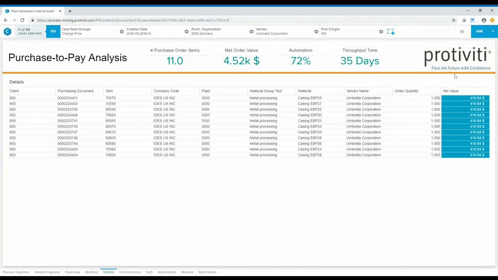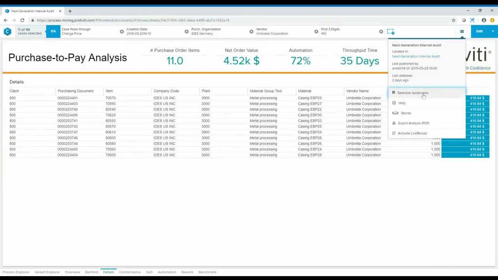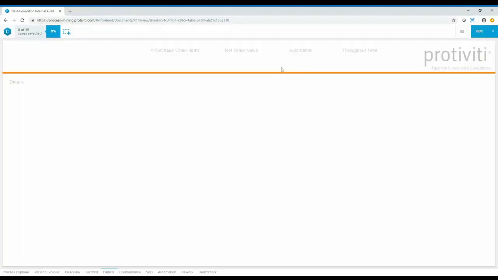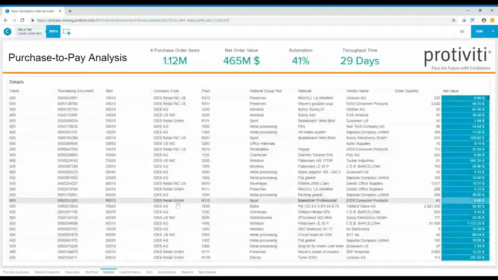capture this for future reference. So instead of having to do the multiple click-throughs, even as easy as it was, you can go back and click through and create that bookmark and even share that bookmark with others who have the same access to the Celonis platform as you do. So amongst an audit team, amongst a management team that's using this for operational purposes. So I will clear my filters.